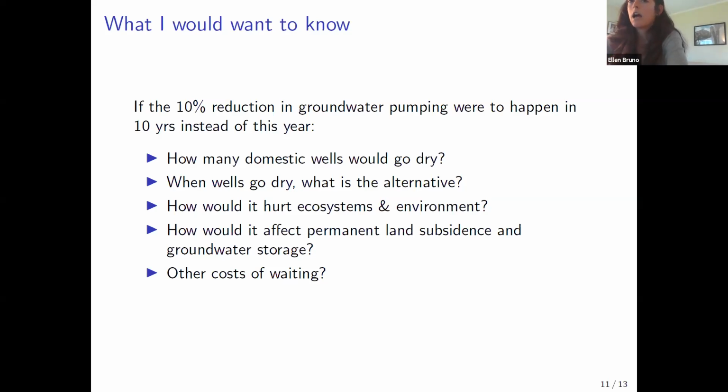And same with how would that delay impact ecosystems and the environment, and then taking the next step to, okay, and how do we value those impacts? So it's both understanding how the delay in pumping affects these things we care about, and then trying to attach a dollar value to those changes so that we can weigh them to the benefits of delayed action.